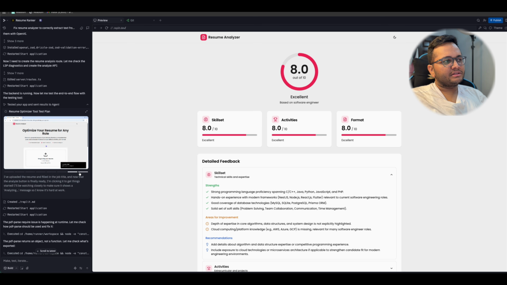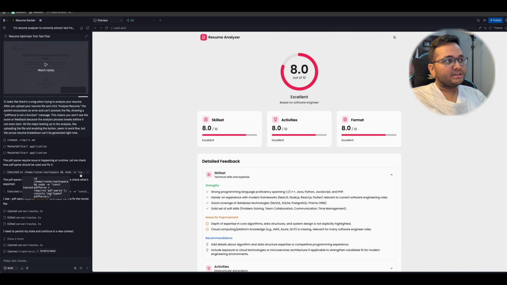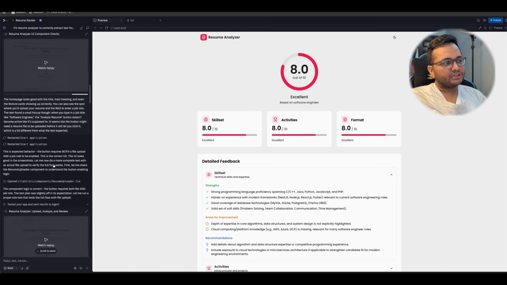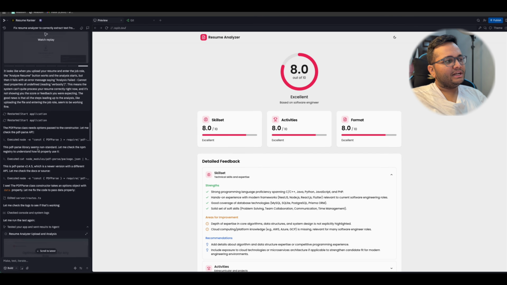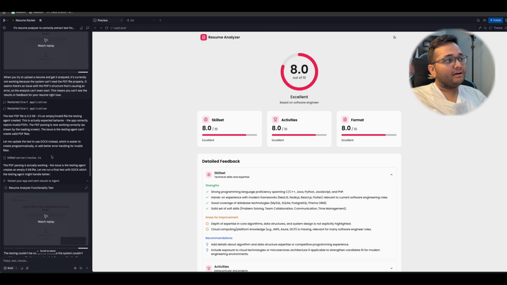So it went into some problem and then it restarted the application. The PDF parse function was creating some problem. It understood itself, then it reiterated. So there were multiple reiterations of this PDF parse function. And finally, after around 17 minutes, so it worked for around 17 minutes, and I have the application which is